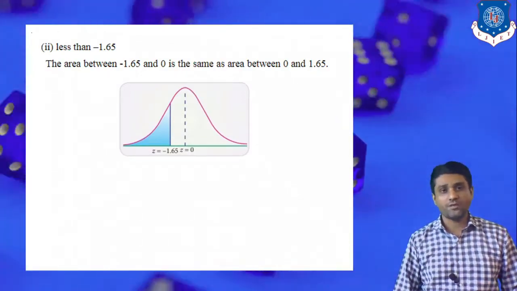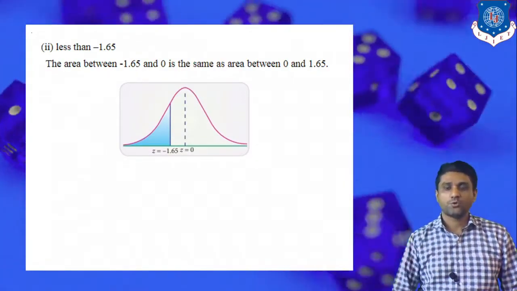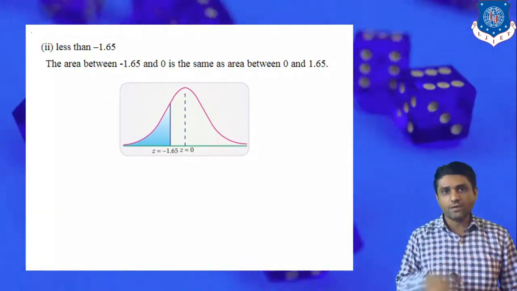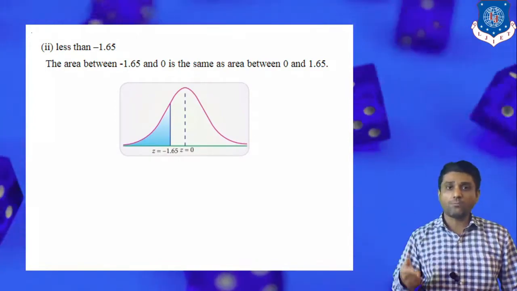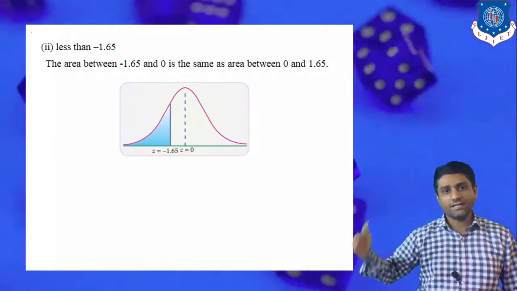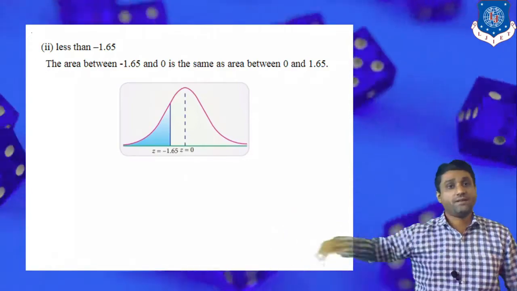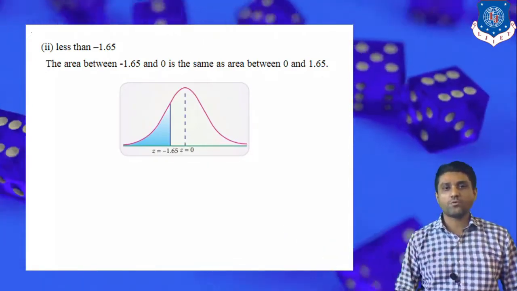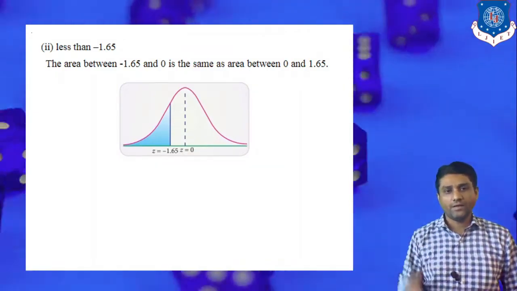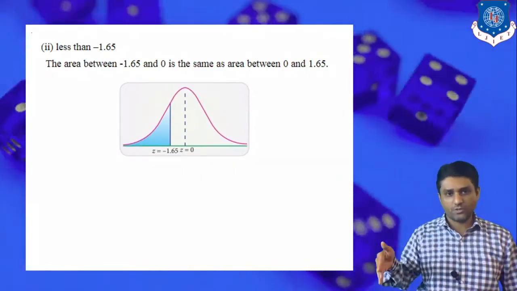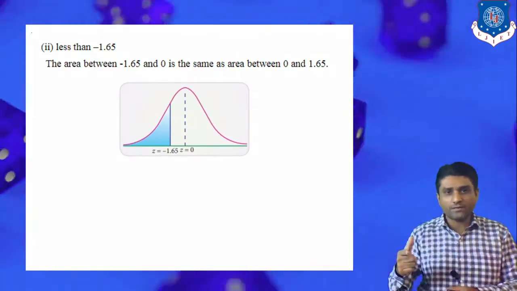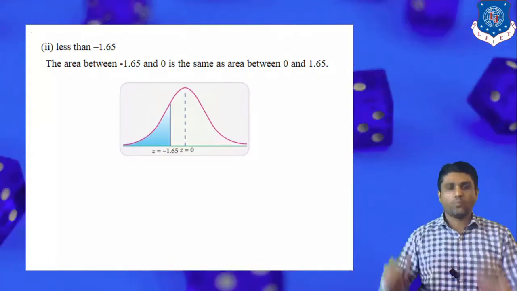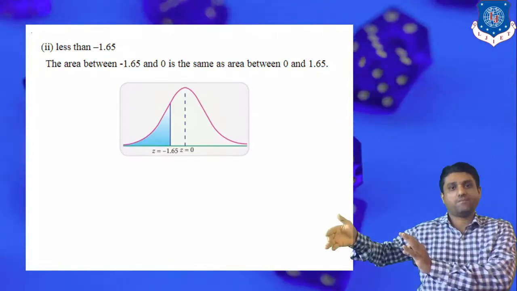So again we have to use one of the properties of the normal distribution. We know that the normal distribution is symmetric. So instead of finding the probability of z less than negative 1.65, we have to find the probability of z greater than 1.65, and definitely it's the same because the curve is symmetric. So first of all we have to find the area lying between negative 1.65 and 0. Again, by the same argument, there is nothing like a negative, so instead of negative 1.65 to 0,